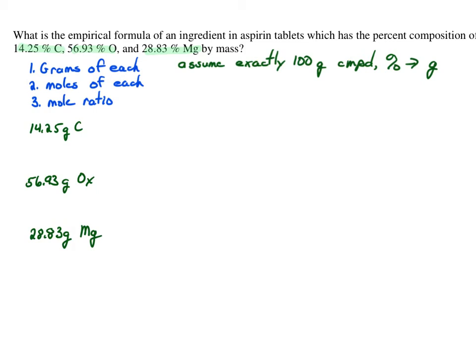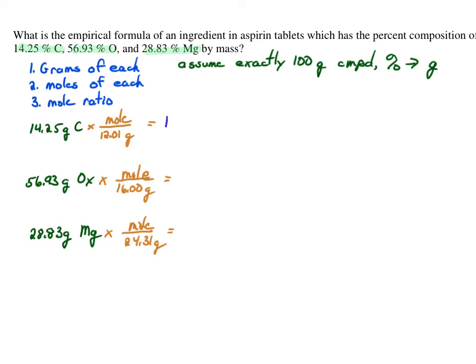We can convert to moles by using our atomic weights of carbon, oxygen, and magnesium as conversion factors. In each case, we're going to end up dividing by the atomic weight to give us moles of each element. We do these problems in our calculator,